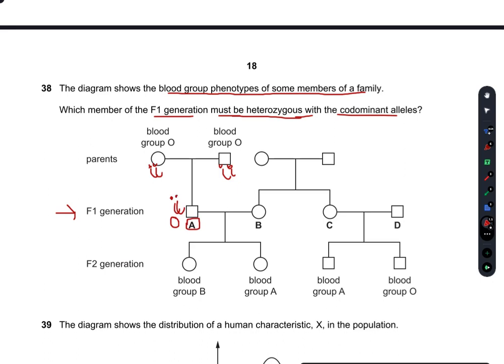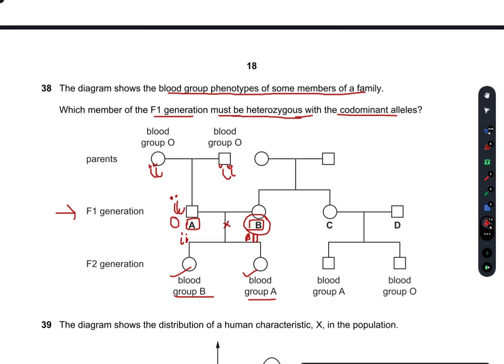Whereas when this A meets with B, it produces blood group B and blood group A. What does this mean? That there are two i's here and there is an AB here. This AB and this A and small i will produce blood group A in the offspring, and this B and this A would produce a blood group B in this organism. So I think B is the right option, but still we can check others as well.